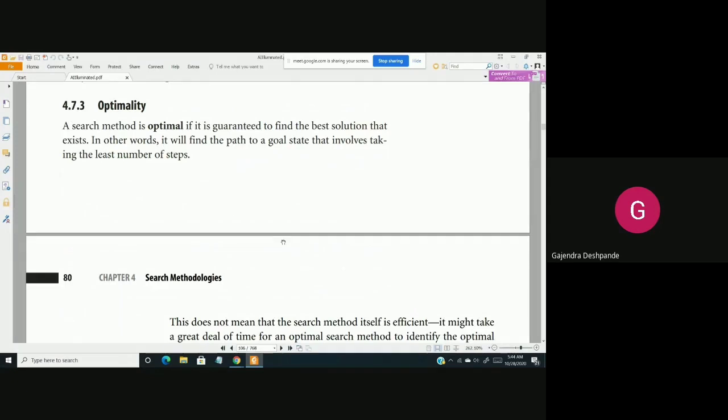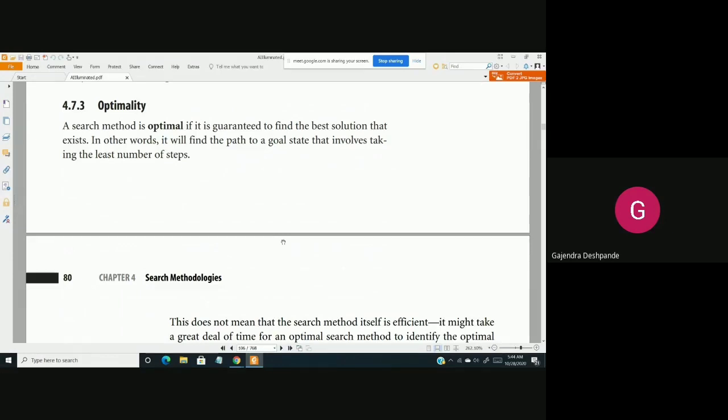For example, I want to reach Bangalore from Belgium, then there are various ways, right? Various paths. Okay, so you have to select the best available path, and there are different modes of transport also. You can go by bike, you can walk, you can go by bus, by train, by air, but depending on your goal you should choose the appropriate method. Okay, you should find out the appropriate solution.